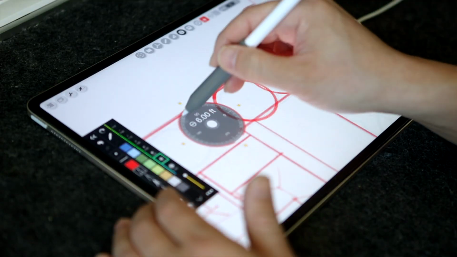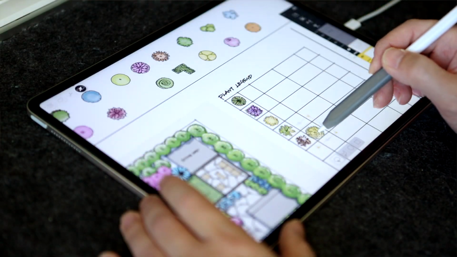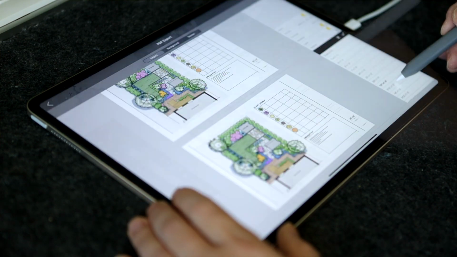Are you a landscape designer curious about replacing your traditional tools with an iPad? In this mini course, you'll discover everything you need to know about working on residential projects. I'm Henry Gao, and I help architects and designers make the leap from traditional hand drawing methods to digital sketching